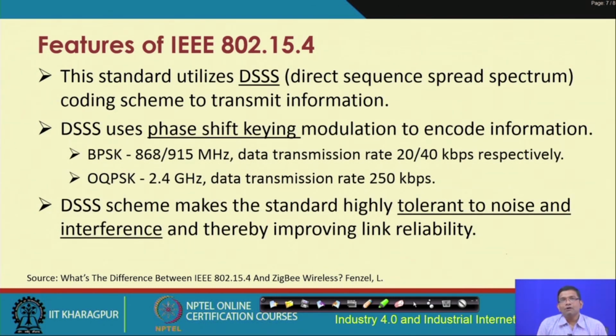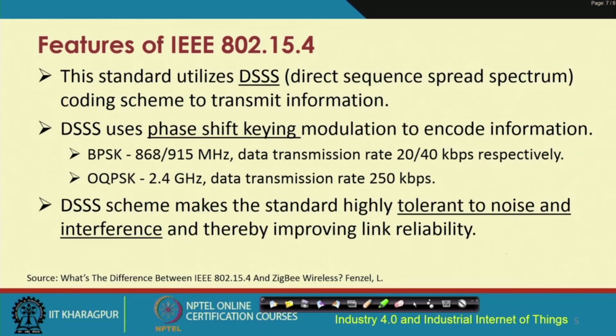So, the coding scheme that is used is known as DSSS, the direct sequence spread spectrum coding scheme, that is used to transmit information. This is a big story, just in short, this is a coding scheme which will encode the data and it will be sent. The reason DSSS is used is that it offers increased security, reliability and so on, and this is quite widely used,